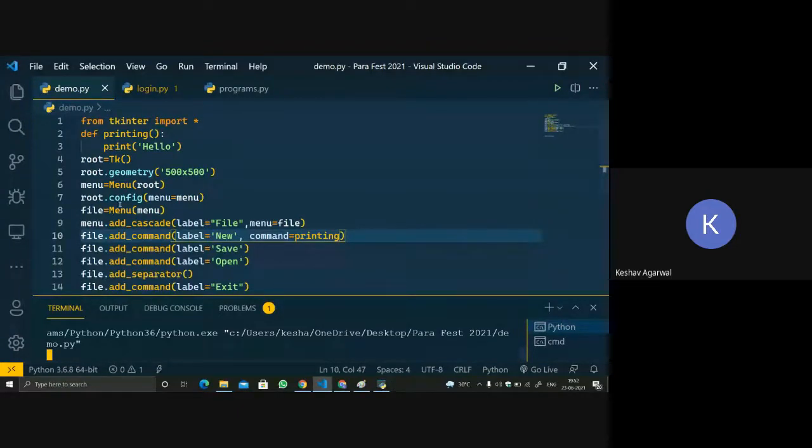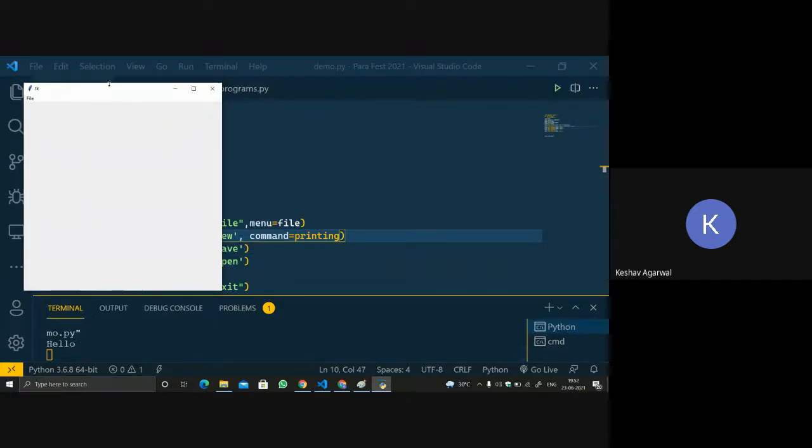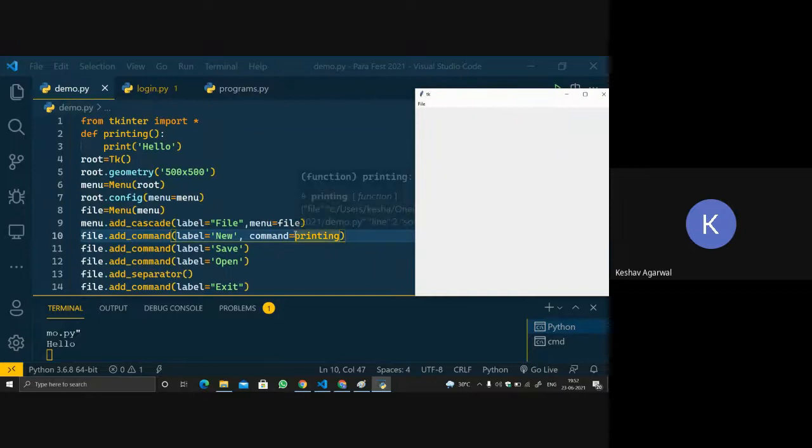Python never calls any function by itself. Remember that. Now when I click on new, see, now it is printing hello. You saw the difference between giving an inline statement over here and giving it inside a function.